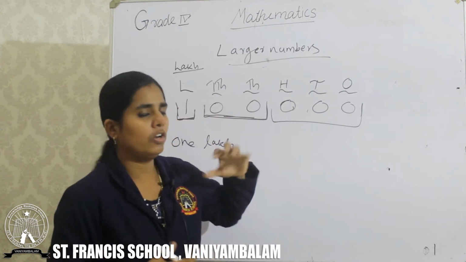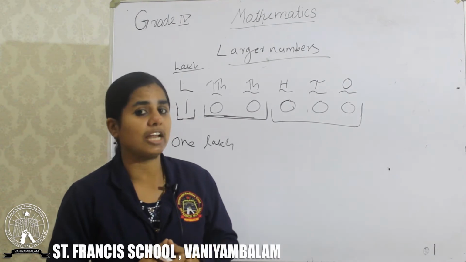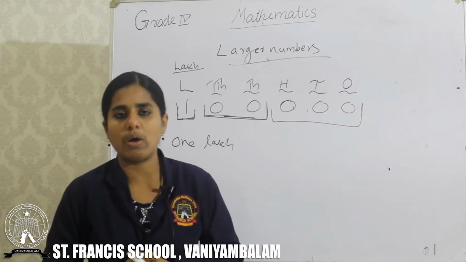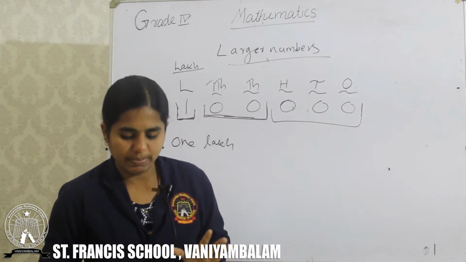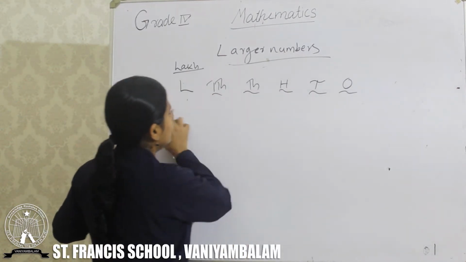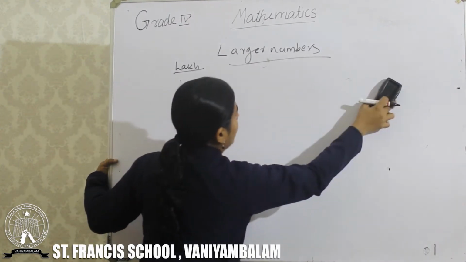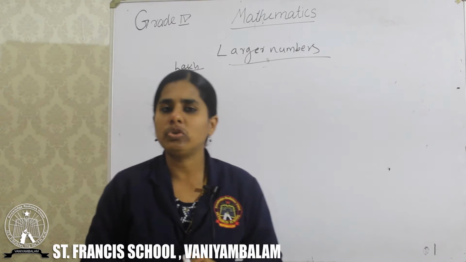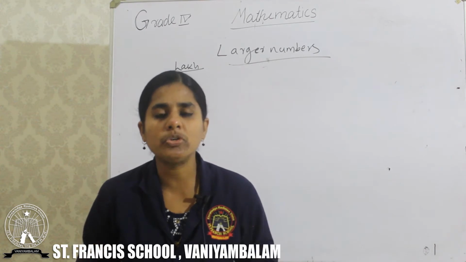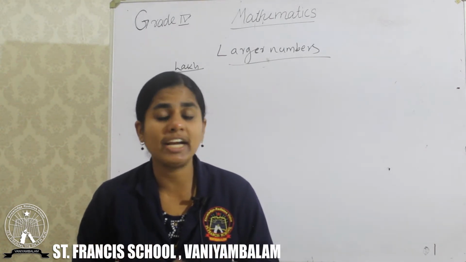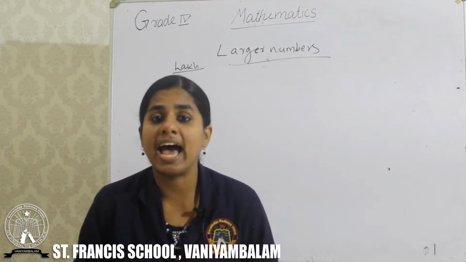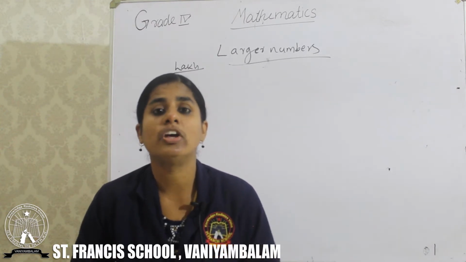Now we can see how to read large numbers. First we know the place value chart of large numbers. 6-digit numbers we know: ones, tens, 100, 1000, 10,000. Left of 10,000 we have which place? Lakh. Then we can learn one more place now. This is in the Indian system of numeration. In this topic, we can see how to read the number names of large numbers in the Indian system of numeration.